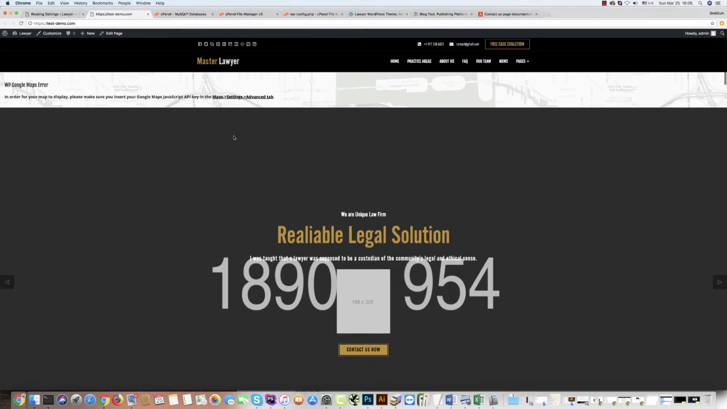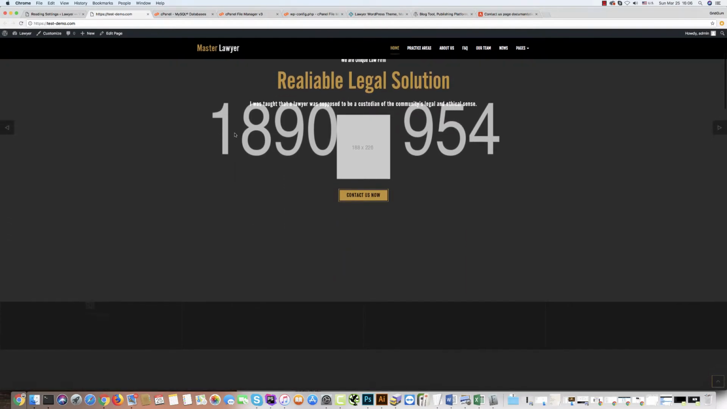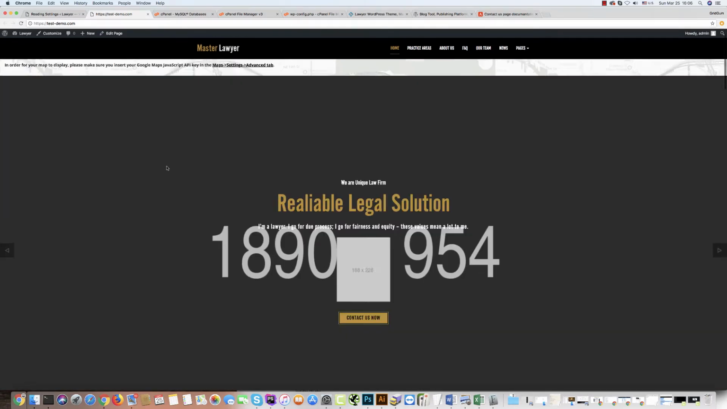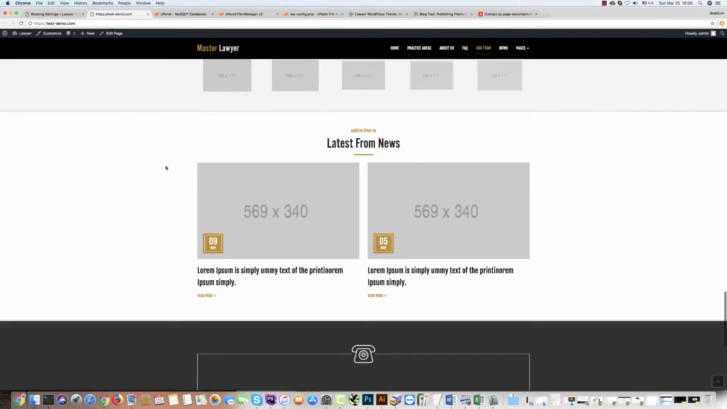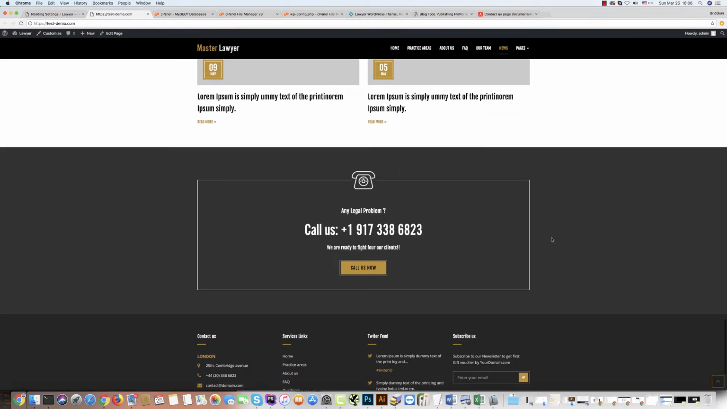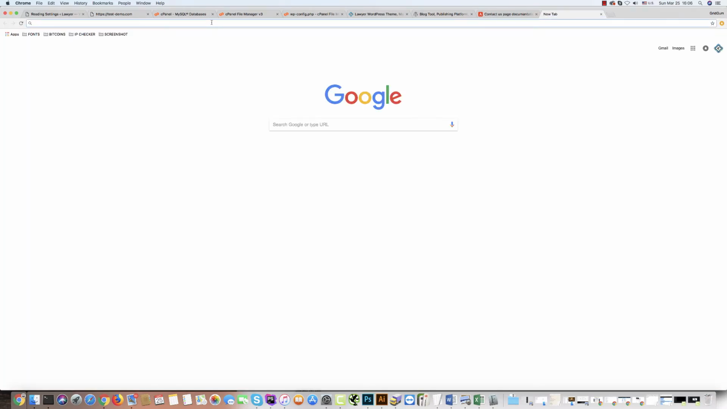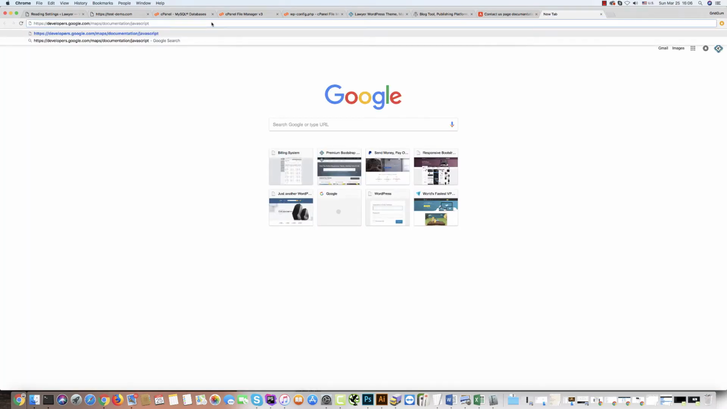So as you can see, the template has been installed successfully, but we have one problem, Google Map error. If you scroll down, you will see that Google Map doesn't appear at the end of this page. How can we solve this problem? For this, please go to the following URL address: